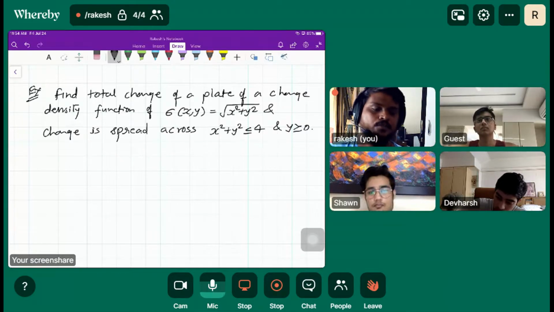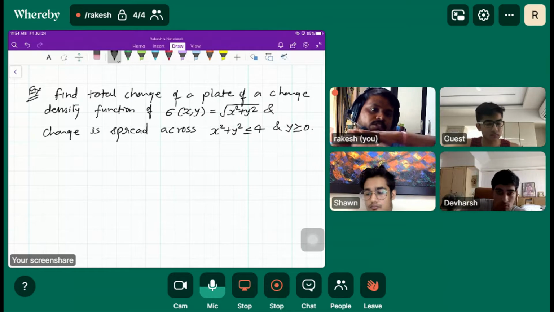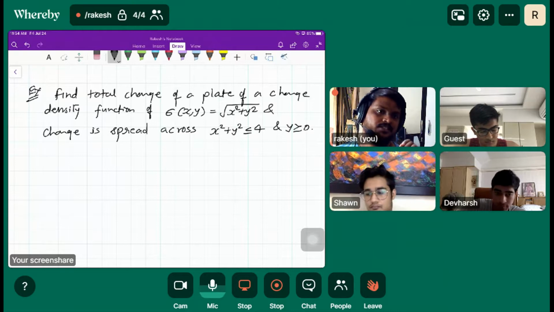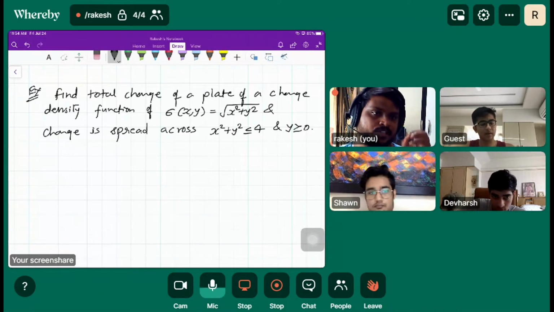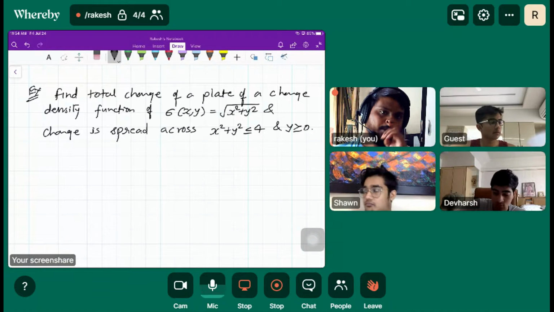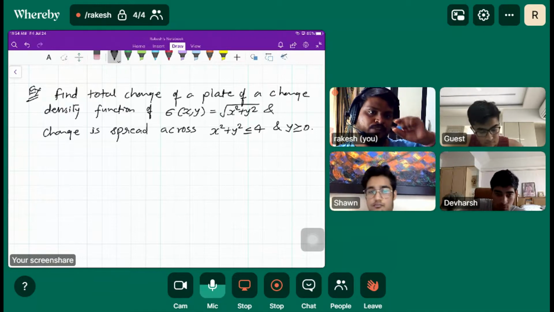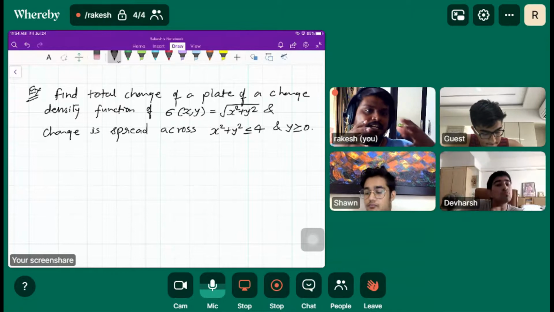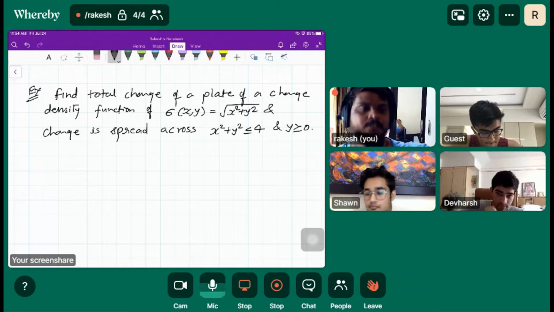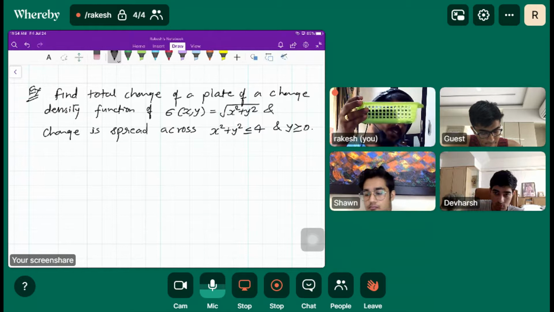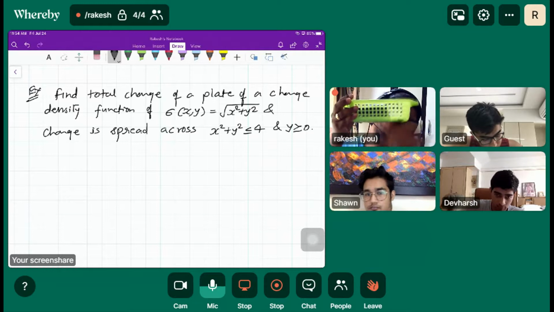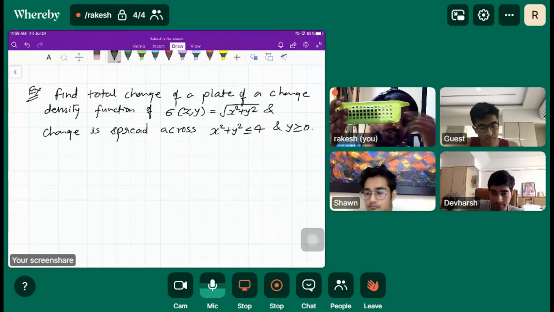Obviously, charge is spread over a skin, over a thin surface, right? That thin lamina, the super thin concept, has to be there, because there is no width, there is no height. Once we have a height, like suppose we have a height of this object and a mass density function is given, the mass density function wouldn't be on this surface anymore. The center of mass wouldn't be on this surface anymore. It would be somewhere in between.